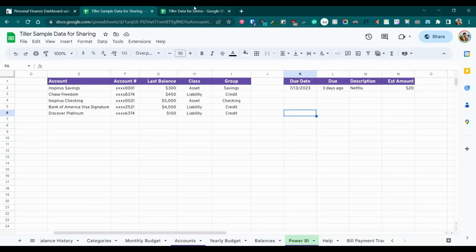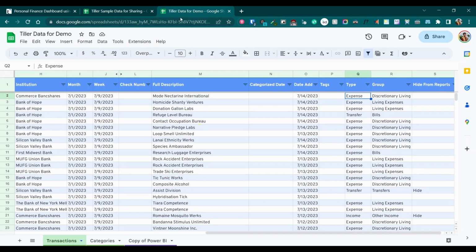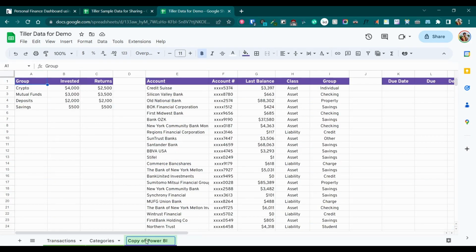Click OK. If you head over to your actual sheet, you should see the new tab which is created with the name copy of Power BI. So we can just rename that to Power BI itself by removing that copy of. Okay, so now we have the data over here.